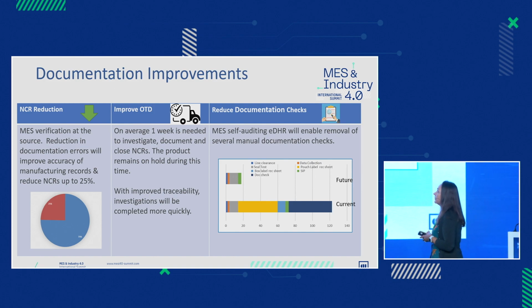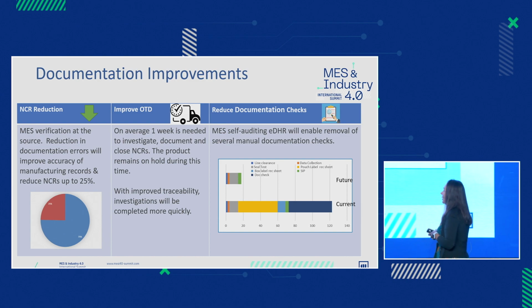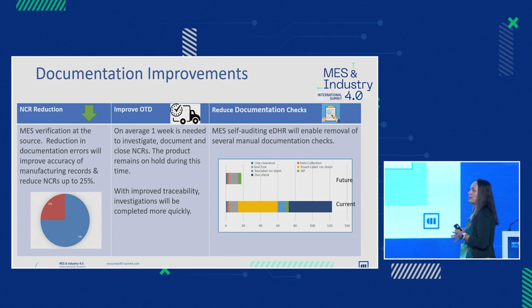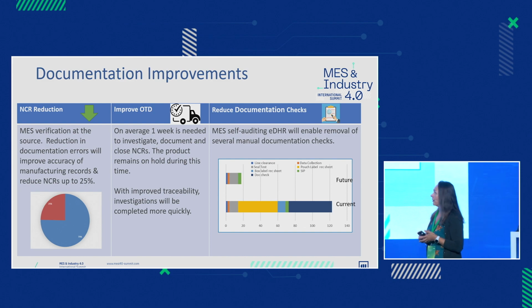Improved on-time delivery. Today it takes about 1 week to investigate any NCRs that are opened up, because the product remains on hold, we have to quarantine it, and it has to wait until the investigation's over. And with MES, we should be able to have improved traceability and then reduce the need to do investigations altogether